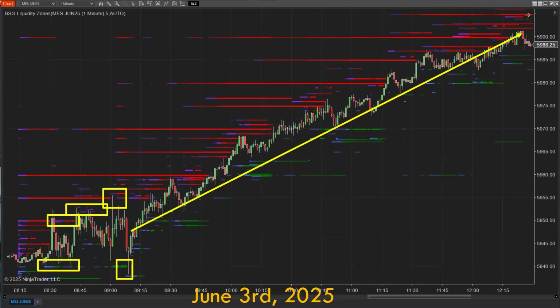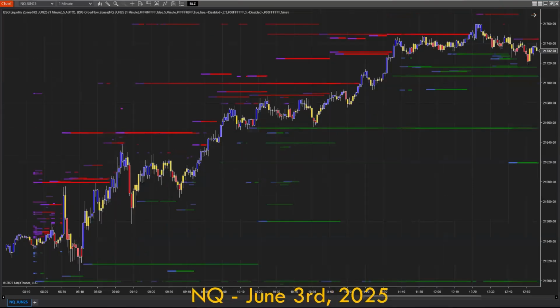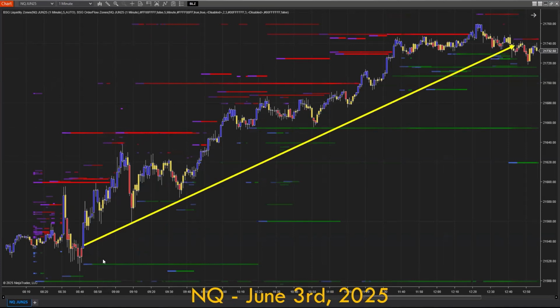This is June 3rd. I think this is Tuesday. Okay, so this is ES, but I also want to show you the NQ. NQ has less liquidity compared to ES, but still the same rule applies no matter what. So same thing, you can see the market was consolidating, new order blocks, but even if you look at the whole movement,